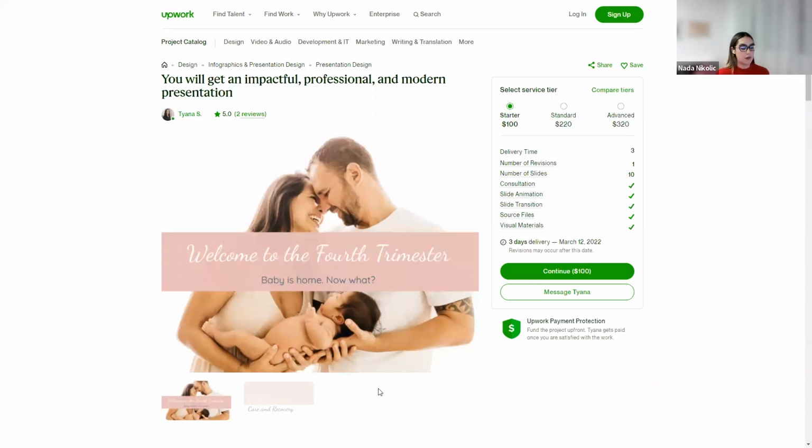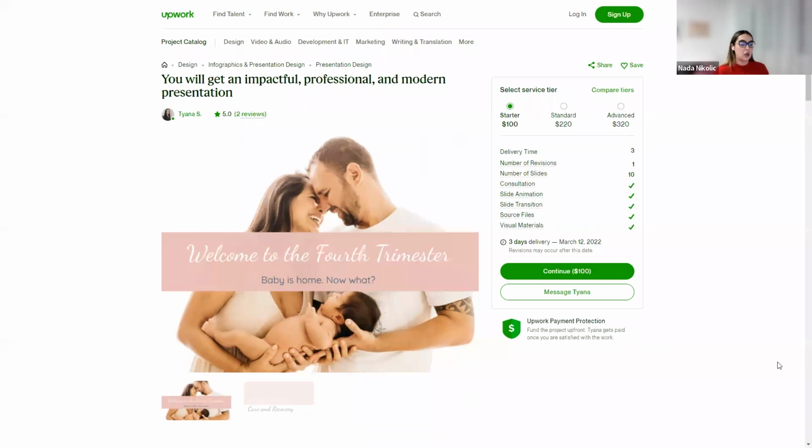Initially, I think a talent would say that it's really difficult to customize a project in project catalogs. So I feel like introducing the 3-tier structure definitely helps with this,